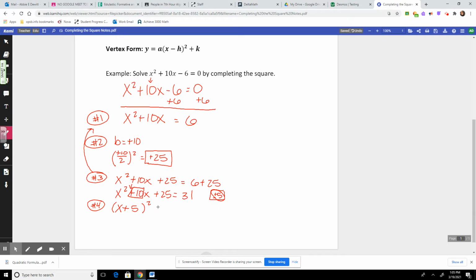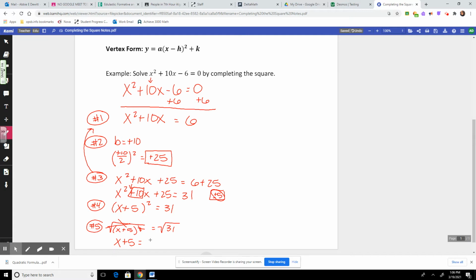So now I have (x + 5)² = 31. Step number 5 says you need to take the square root of both sides. When you take the square root of (x + 5) squared and the square root of 31, the square root and the square cancel each other out, because the square root of anything squared is what's left inside underneath that root, okay? So you end up getting x + 5